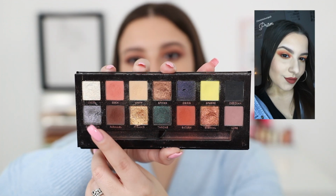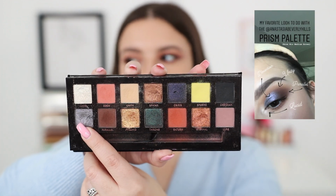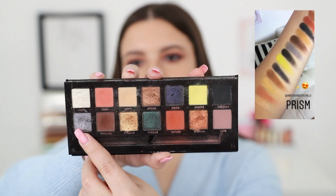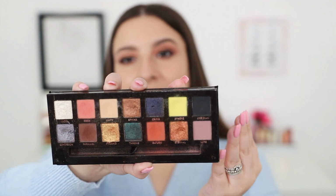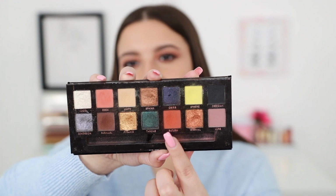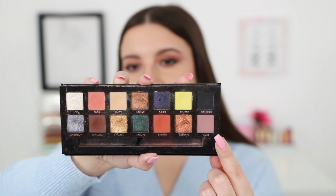I was so obsessed with this shade down here called Dimension. It's like a denim blue lilac-y shifty shade. I would use this on my lid every single day, but I loved playing around with the different colors, the green, the orange, the yellow, this dusty lilac. This definitely has some nice joyful memories associated with it,